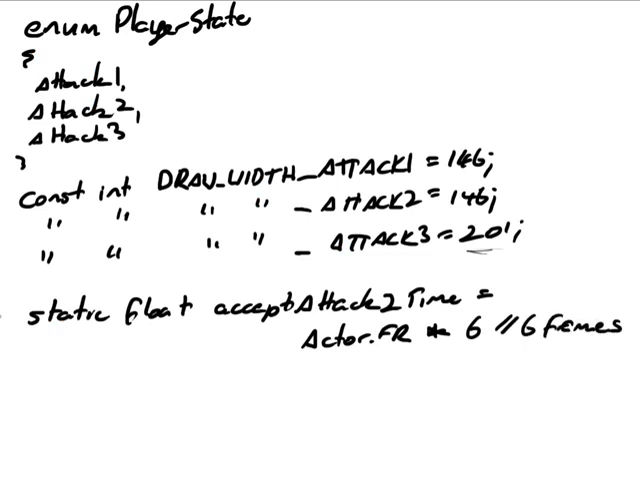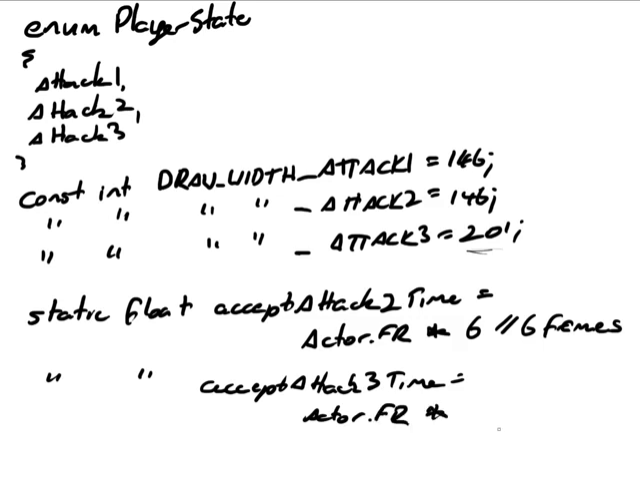6 frames. Then we'll need to add in a static float accept attack 3 time is equal to the same thing, actor dot frame rate times how many do you want it to be? I think this one here is also going to be 6. Well, no, I don't think it will be. We're going to set it to 6